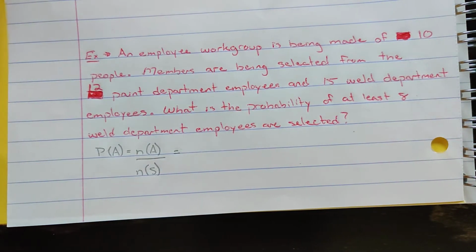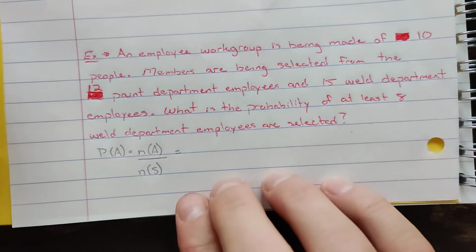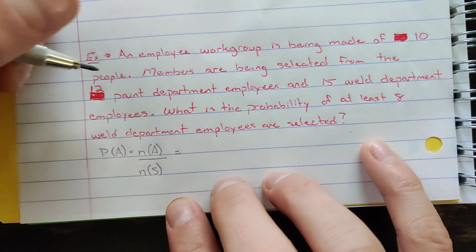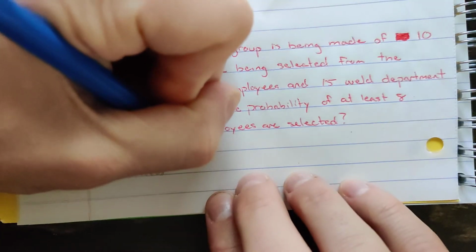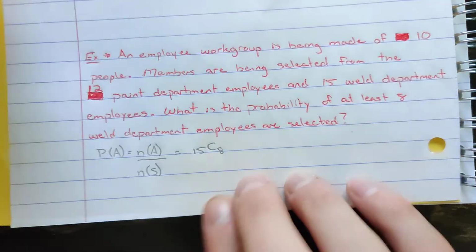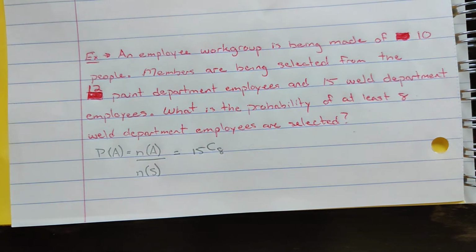And so we want to pick at least 8 weld department employees. So to ensure that we select our 8 weld department employees, we have 15 to select from. We want to choose 8 of them. So 15 choose 8, we'll select our 8 weld department employees